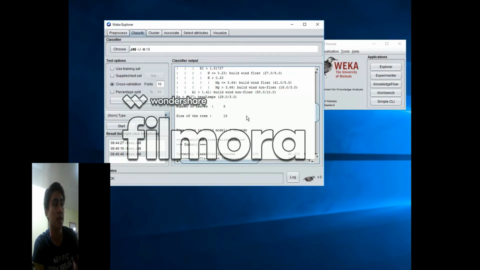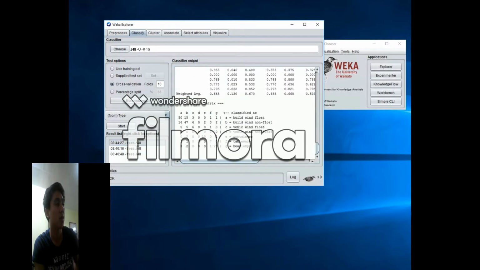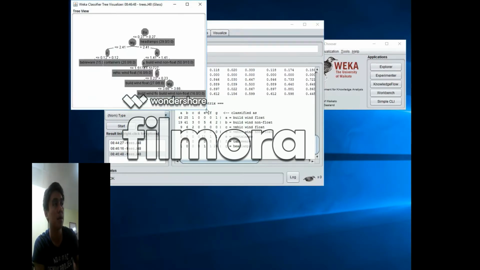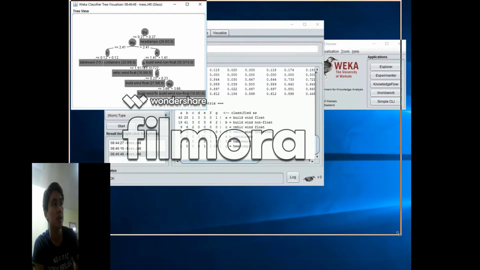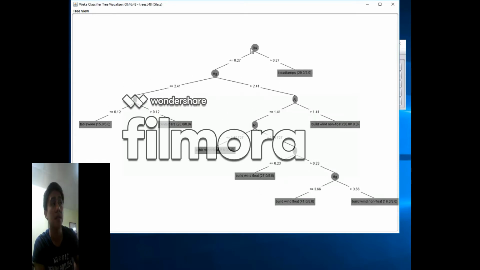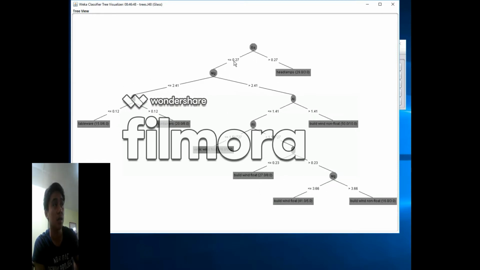For example, if we click on the last one, right click and go to visualize tree. As you can see, make it bigger. If we fit the screen, it says, if this element is less than, or greater than or equal to. If BA is less than or equal to 27,